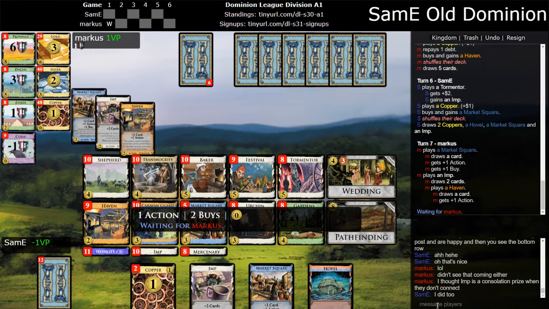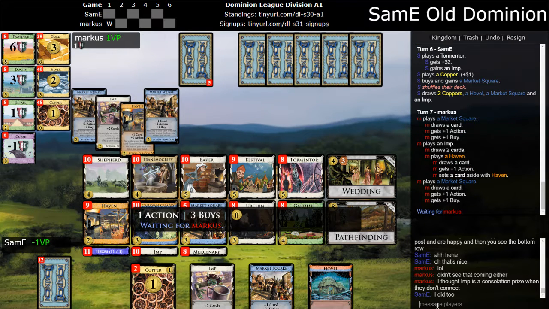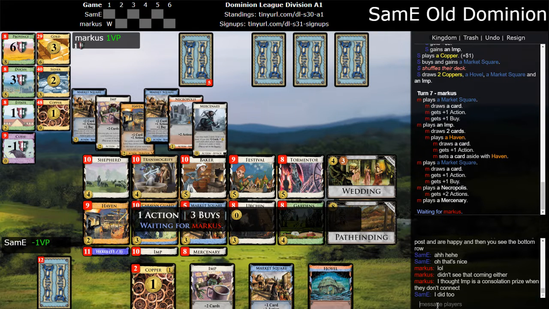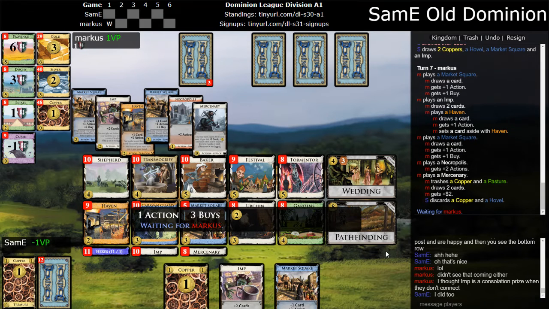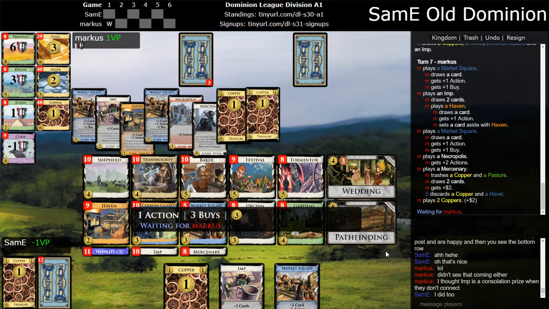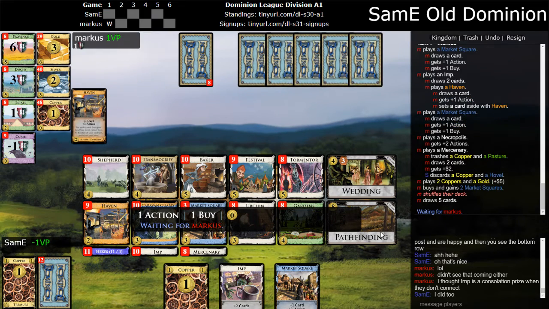I'm hoping he has a difficult decision right now, but it's likely he's able to stash something that will help him hit pathfinding next turn, unless I mercenary him. Oh, he had another market square to play. Ah, he mercenaries me. And he trashes the pasture. Well, that's reasonable. I would do the same. I don't think I want to pick up one of the states. Oh, he didn't hit 8, but still, that's...